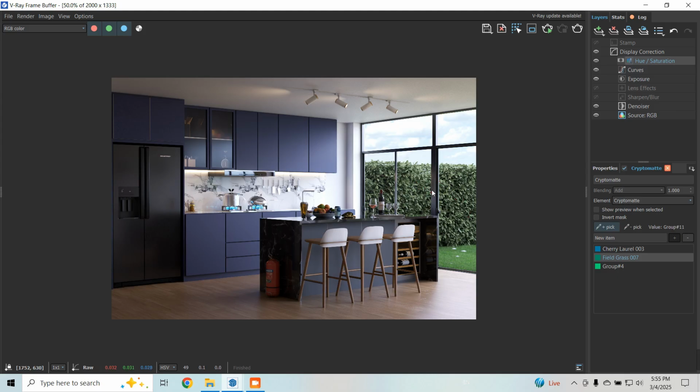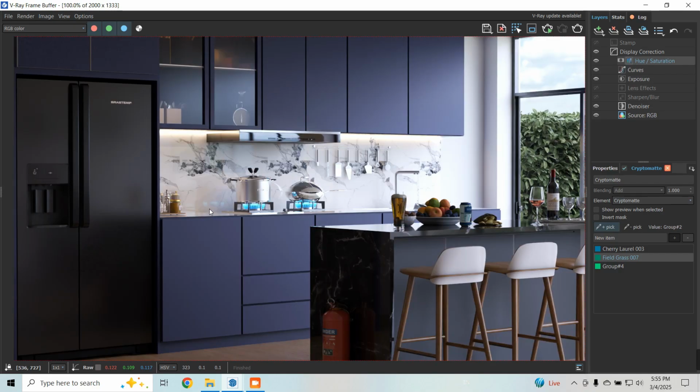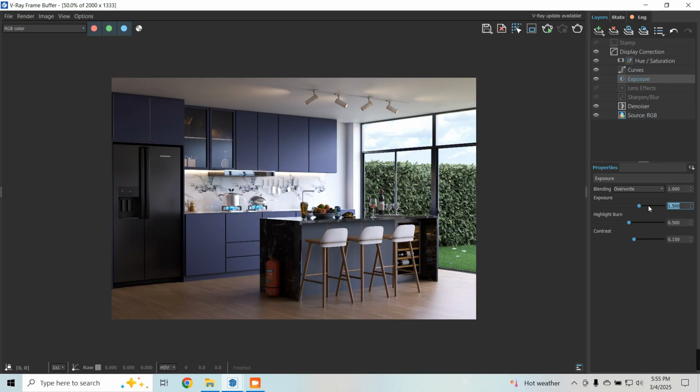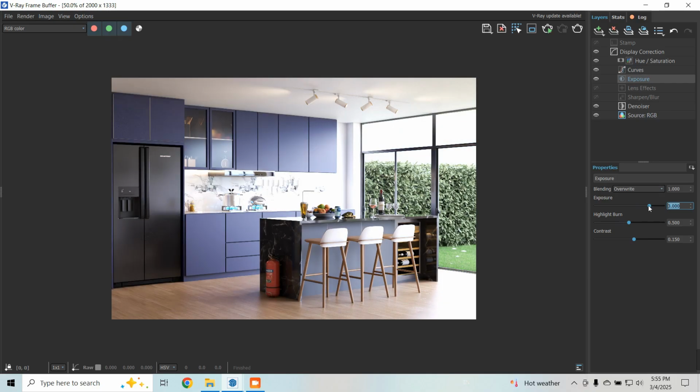Now in some situations it cannot be the same. Okay, so I will leave this one also. So like this. Okay, basically this one is perfect, so we are going to save. So if you want to increase an exposure, let's see what about 3. Can we reduce the highlight bands a little bit? So 3, I think 3 is perfect, but